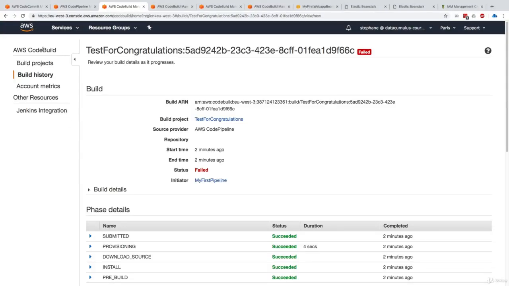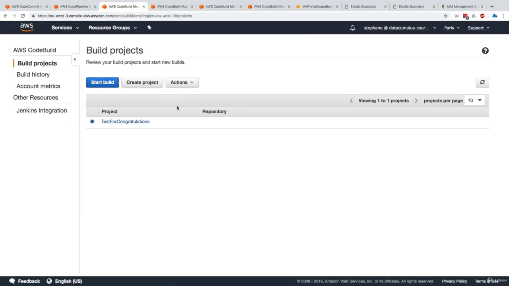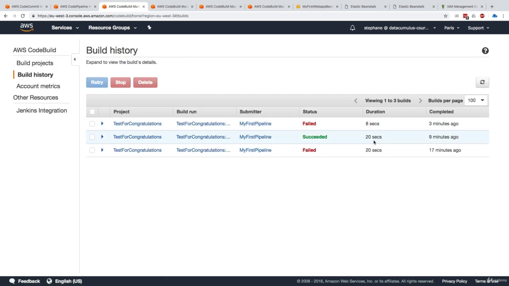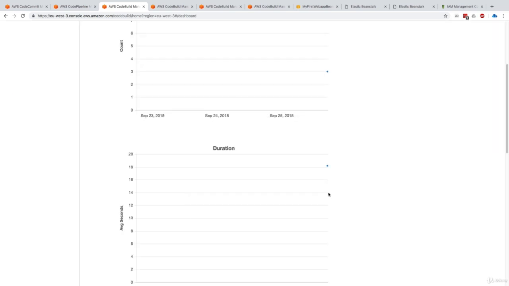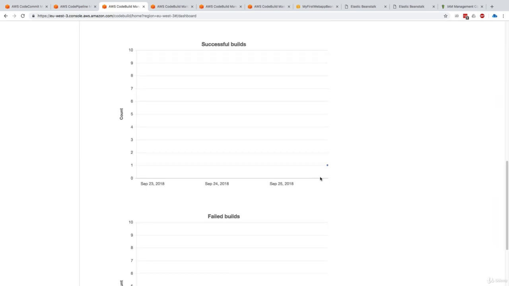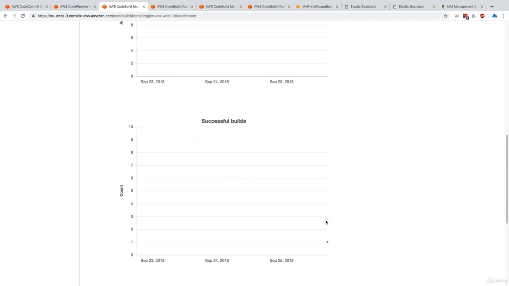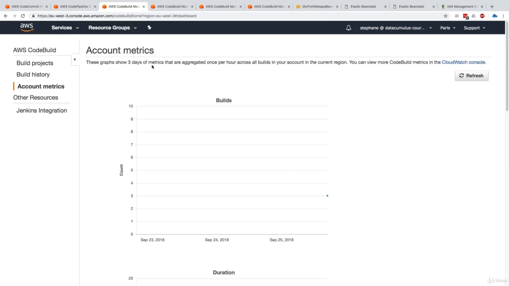You could go into your CodeBuild interface now and look at your build project. So there is this one build project that we have created, and we can create a project from here as well. We can look at the build history and see how long each build took. So I'll get 20 seconds for this one, 20 seconds for this one, 8 seconds for this one. So this is how my builds ran, and right now I'm still in the free tier, so that's perfect. We can look at metrics, so we can see how many builds were run, the duration of the build, the successful builds, and the failed builds, so we get some nice metrics. So if I were to use CodeBuild over time, I would get all these nice little metrics.